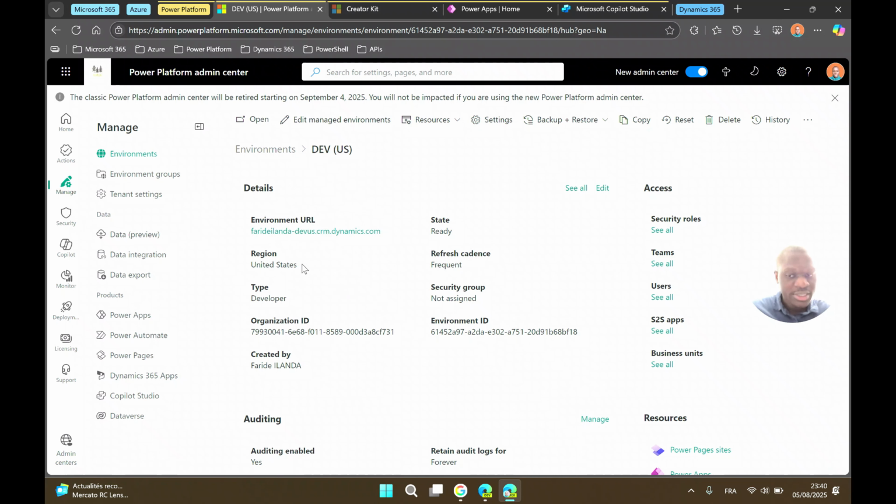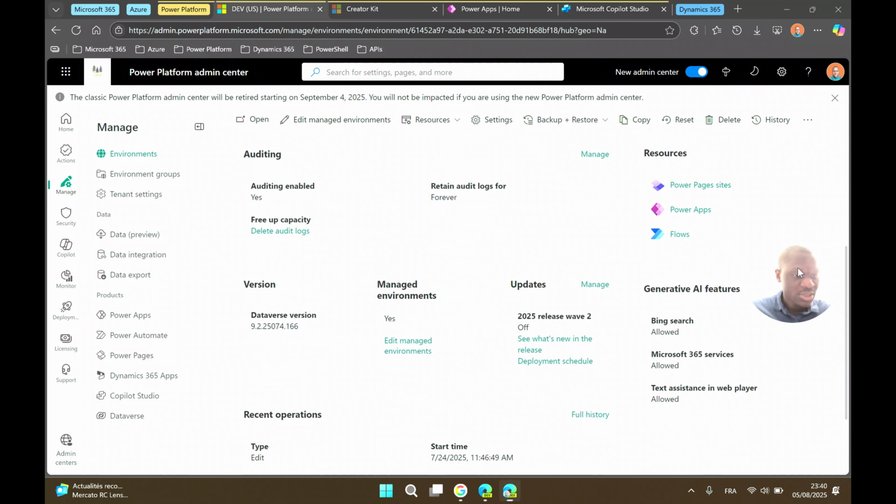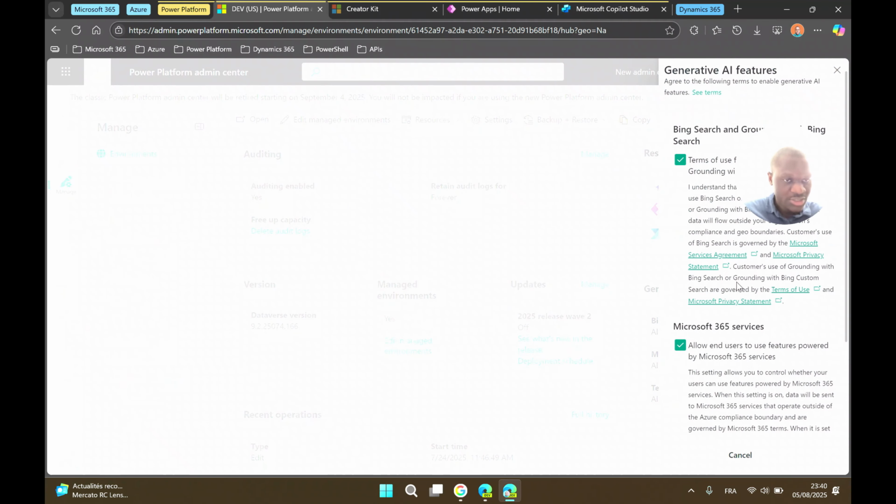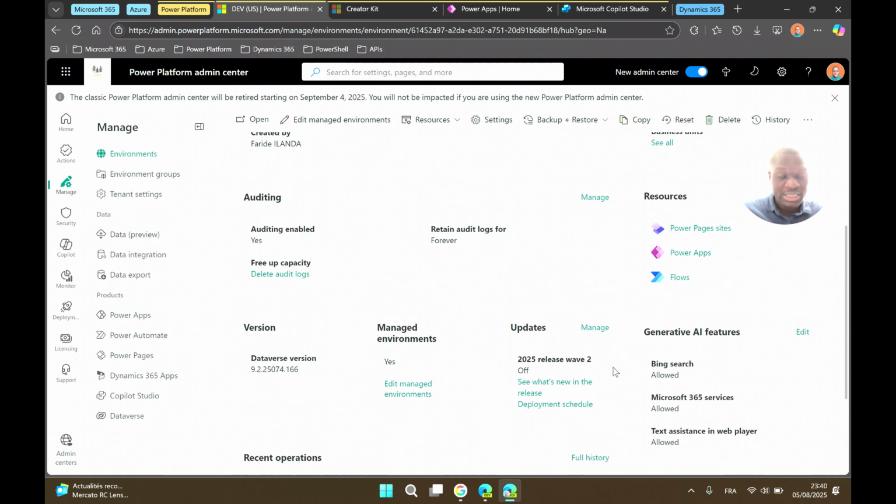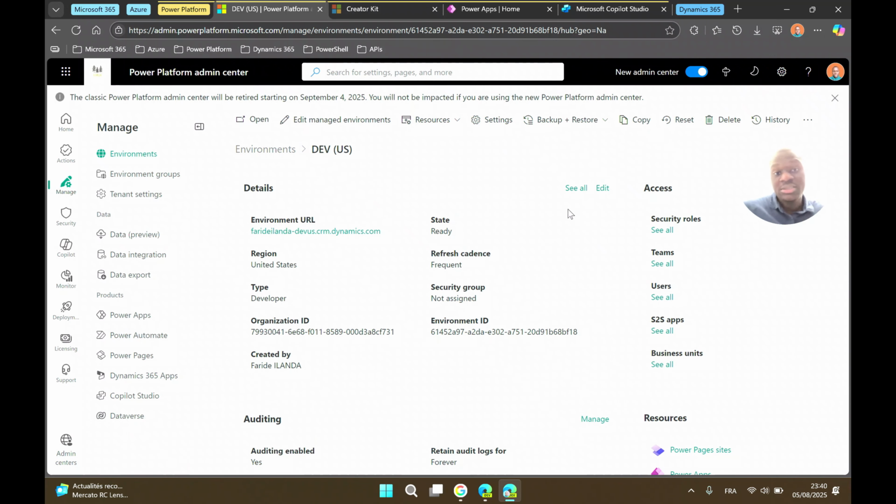It's created in the United States region, and you'll also find that you need to enable generative AI features on your environment. And then, as a condition, you need to enable the use of AI and Copilot for your makers. But I'm a global administrator, so I have all the rights. This part doesn't really matter for me.